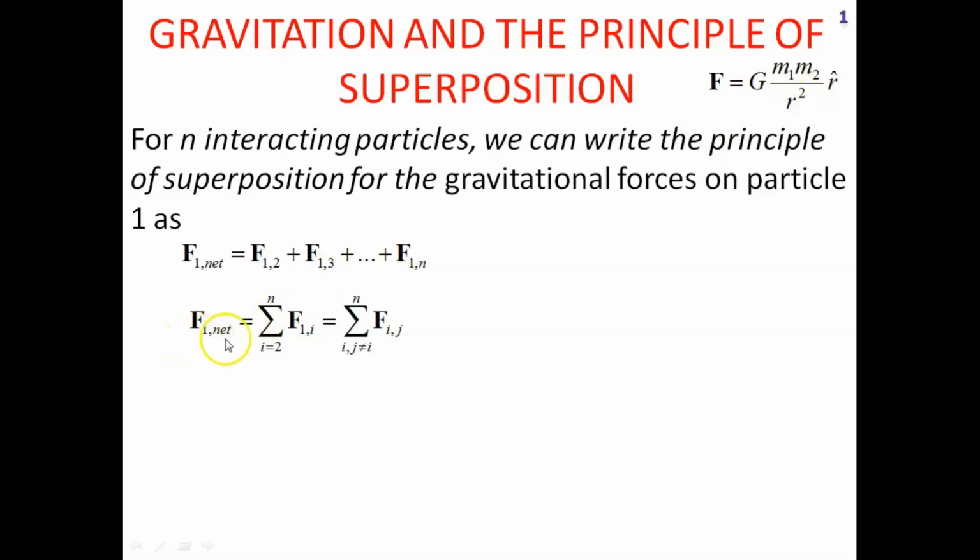Therefore, while writing the summation form, we are running the suffix i over all particles except the one on which we are calculating the force. In a more generalized representation, we can write the force on the ith particle because of the jth particle, and j is rolling for all values except i, so we can write the summation eliminating the force on a particle because of itself.